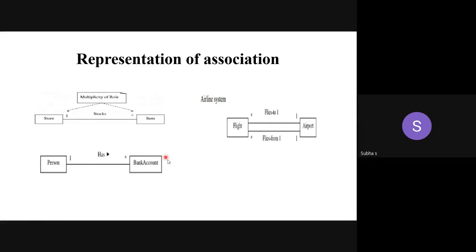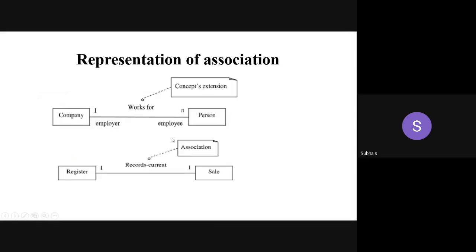Okay. So the second diagram is the navigability notation. This is an arrow mark, a filled arrow mark. That's all. There is no line and all. If I mention a line with an arrow mark, it denotes generalization, realization and so on. Don't get confused. Just make a filled arrow mark symbol. That's it. So a person has many bank accounts. How am I navigating? From the person class to the bank account class.